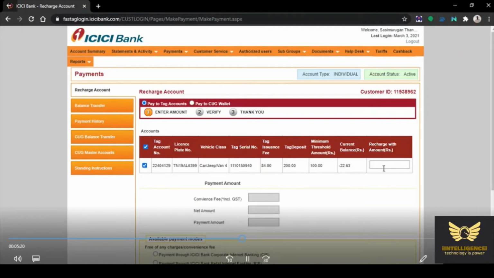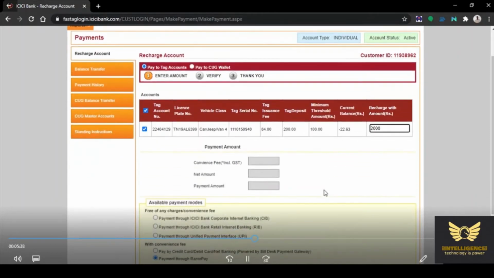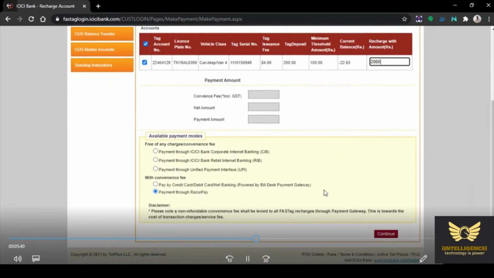Now click this, yes. Now recharge with amount, enter the amount, so 2000, then come down.